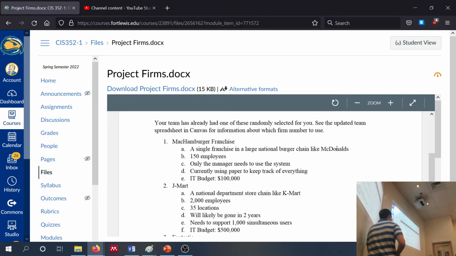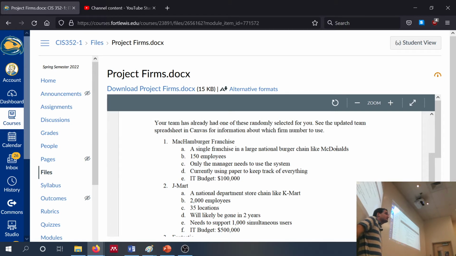So who's group number 1? You guys got Mac Hamburger franchise. You can probably guess what that may be based on. So you have a single franchise, 150 employees. You have a budget listed there. That's going to be annual, of course. And again, it's your job to come up with a plan. We're going to go through what that plan needs to include at a minimum.